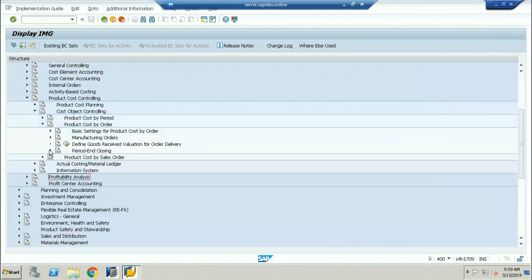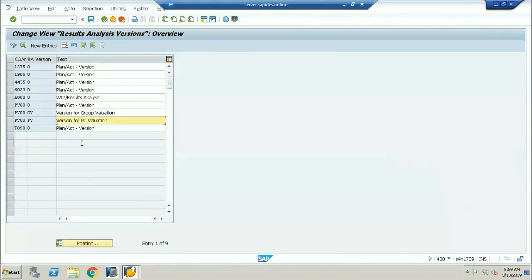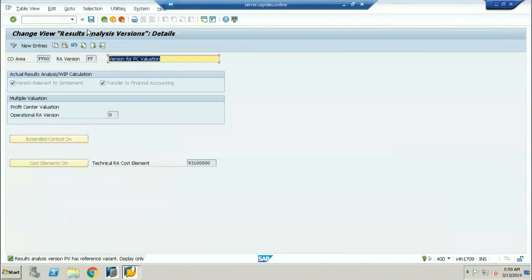Here also they're not defined. One second.